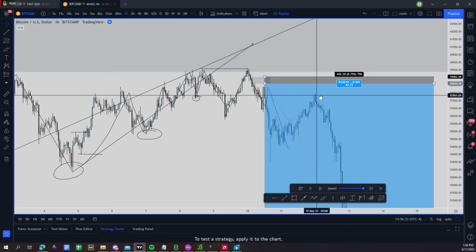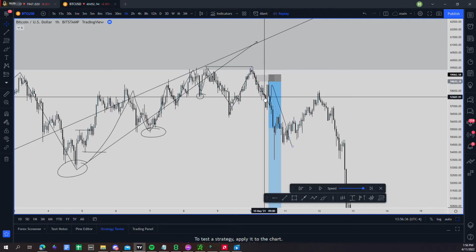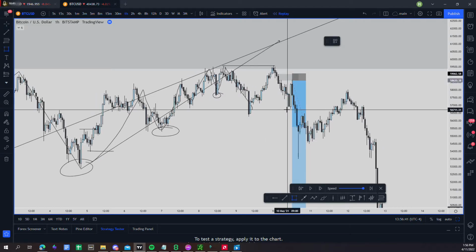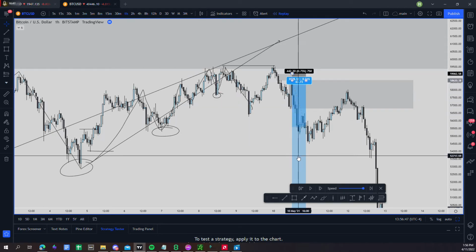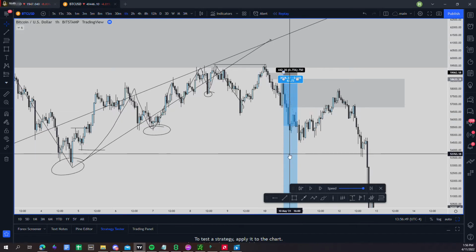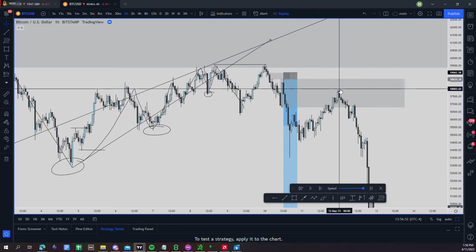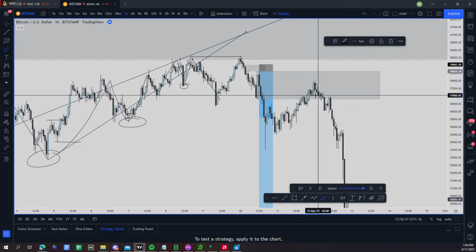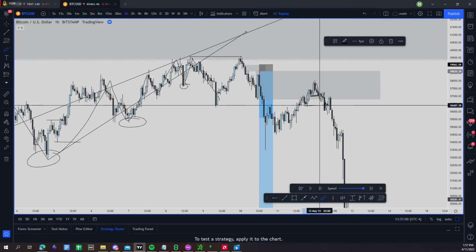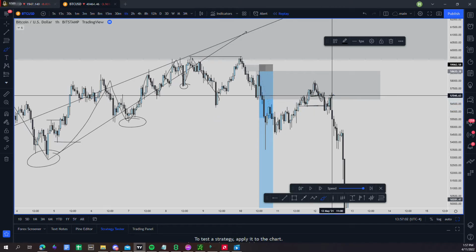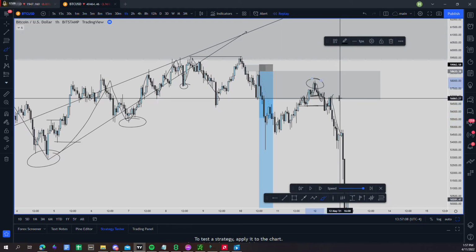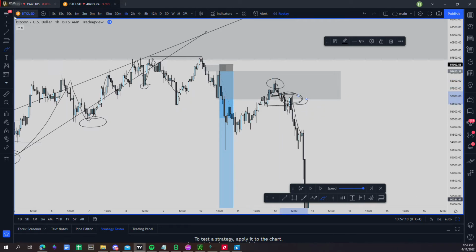This here, I'm sure some of the people in the group already notice it, would have been another entry, testing back into the exact same thing. This supply left behind by this move up for this roll that broke structure, boom, boom, to then test back in, distribute, break lows, pull back, boom. So there would have been a short here and another short here, because we're not trying to catch